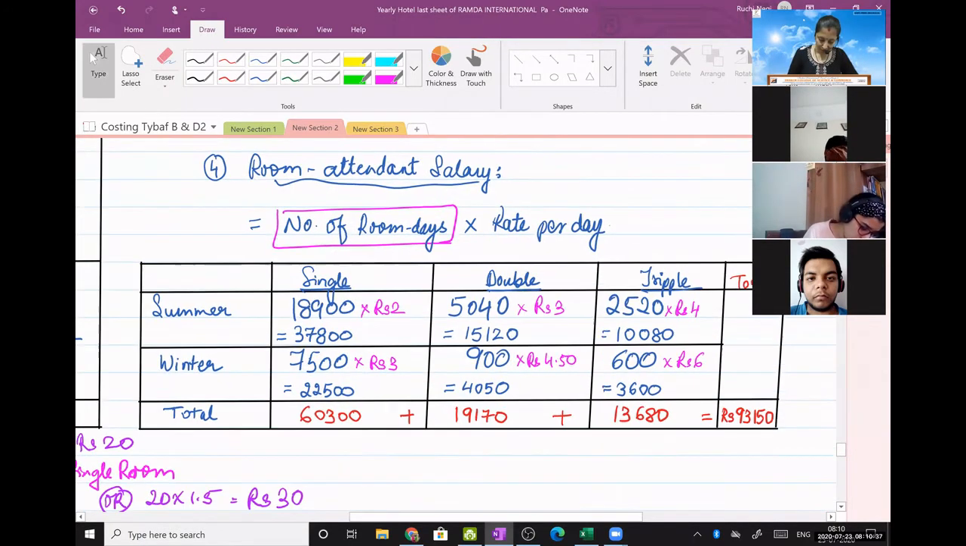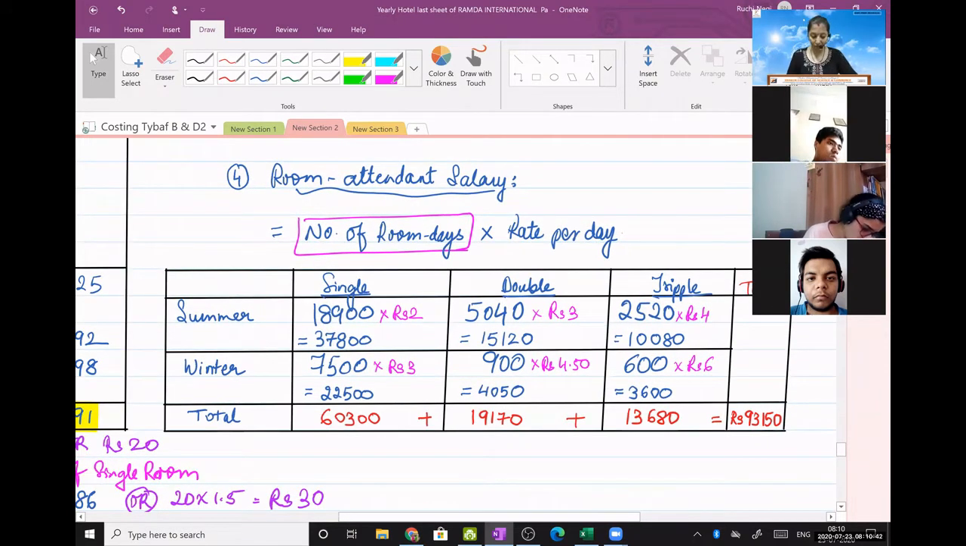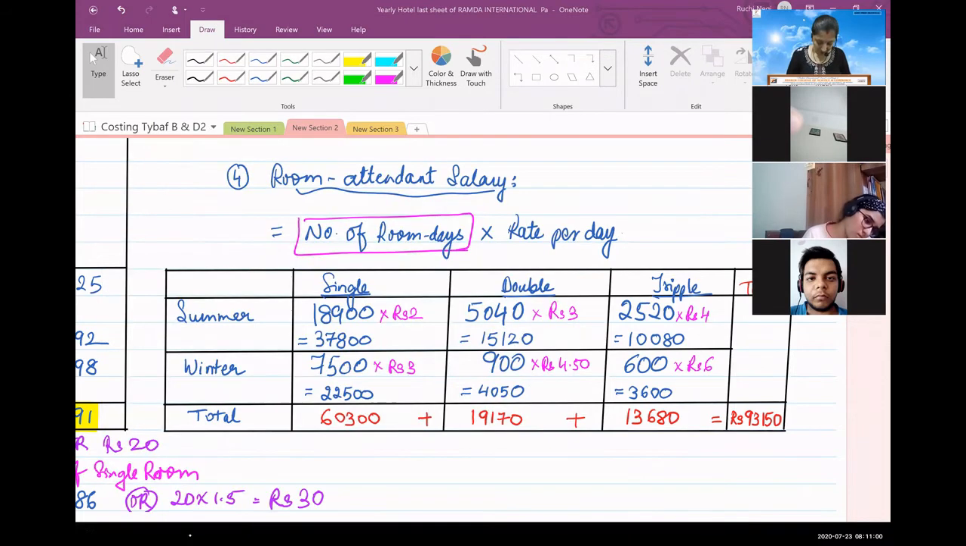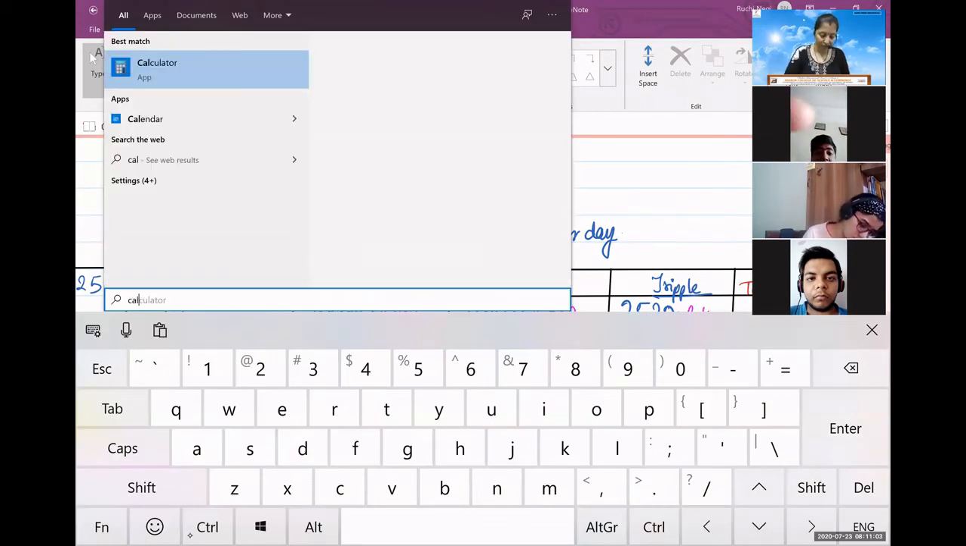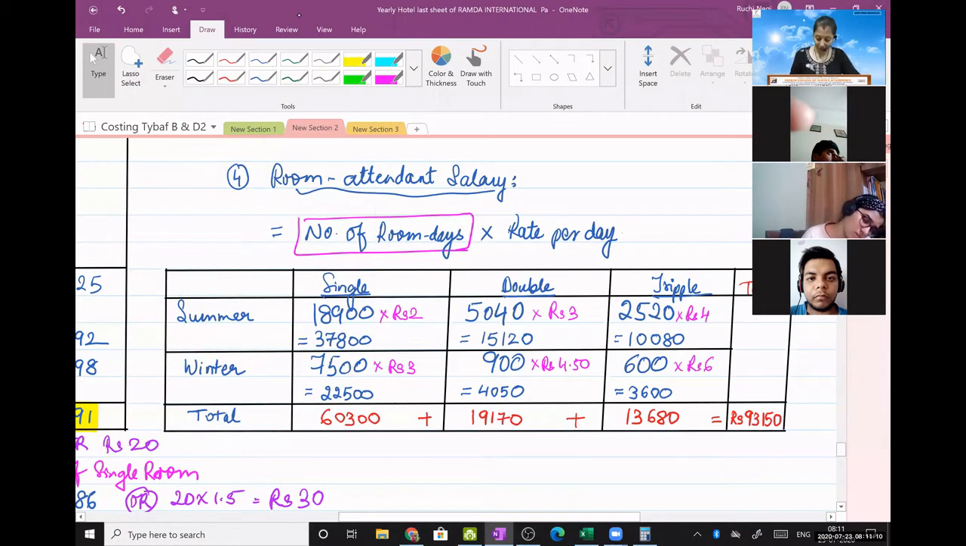See, 18,900 into 2 rupees, 5040 into 3, 2520 into 4, and then 7,500 into 3, 900 into 4.5 and 600 into 6. Clear? You can cross check your calculations. I mean, you can do your calculations on that. 18,900 into 2,